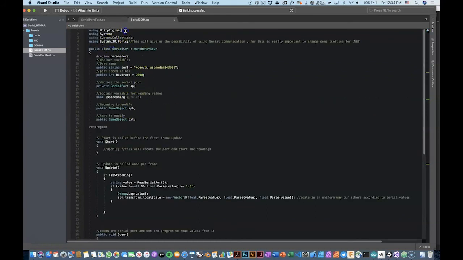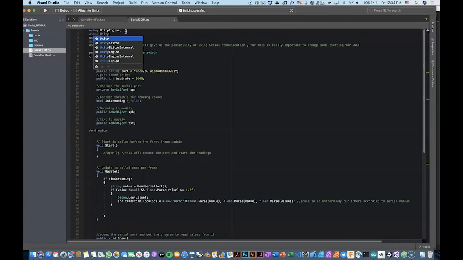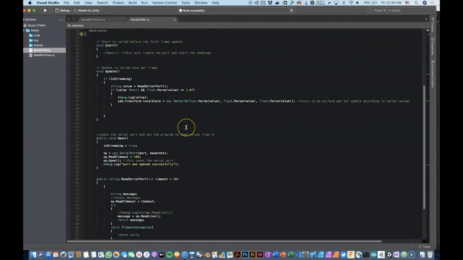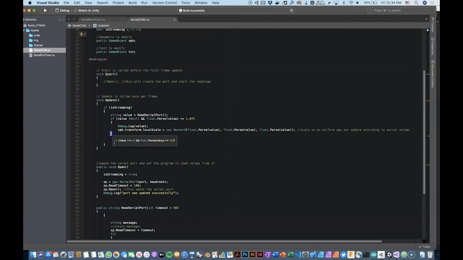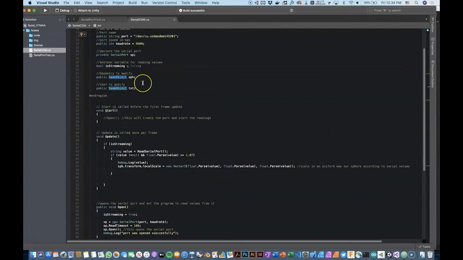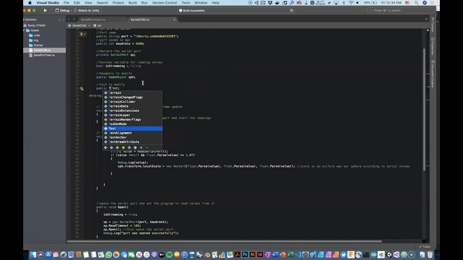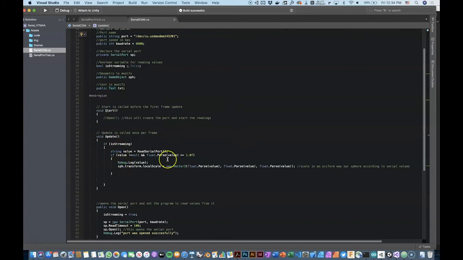Actually we need to go to Unity Engine, using UnityEngine.UI, because in that way we will have access to the UI elements. So in this case what we can do now is go here. Sorry, this is not a game object, this is a text object, of course. So now we have this is a text object, and we will say that txt.text equals to current value. This should be with like this, current value